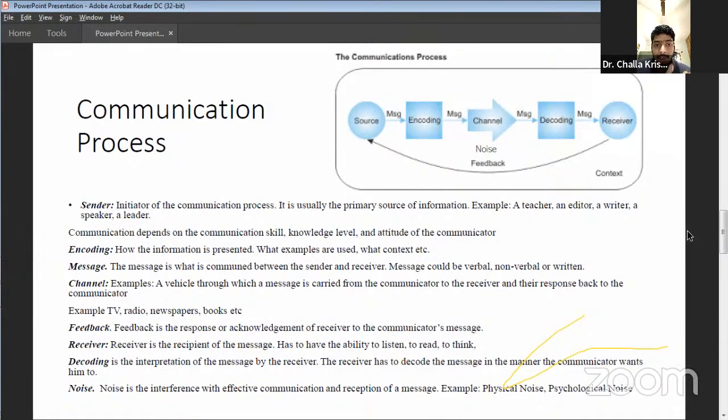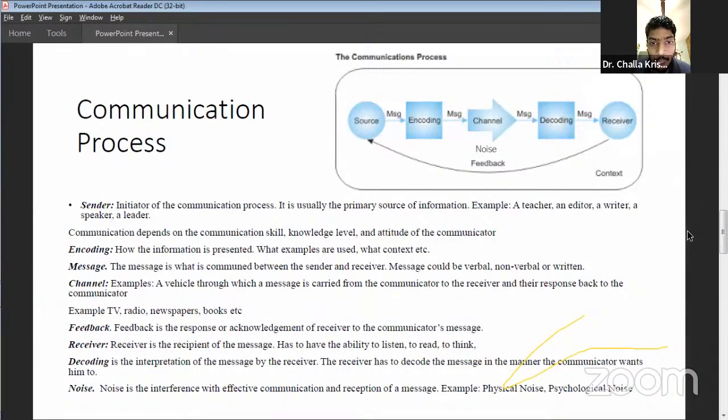So that's how there's a process of sending the message. Similarly, encoding is the process of sending the message. It is encoding what to speak first, what to speak next, what to speak at the end. It is actually how you want to transmit the message. So what are the levels of transmission? That is what encoding talks about: what you want to send first, what you want to send at the end, what you want to send in between, what you want to send next. So encoding is actually giving a proper structure to the message before you speak it, before